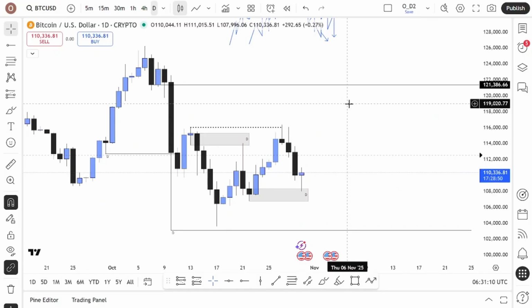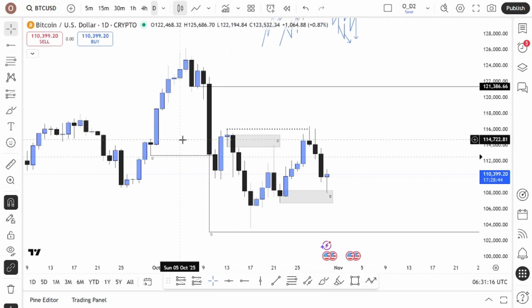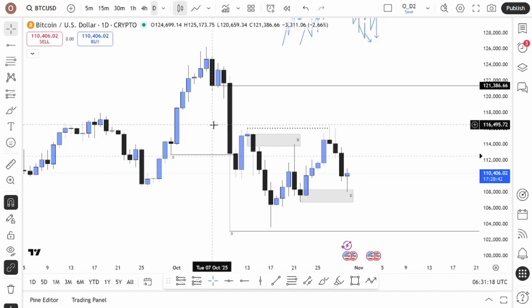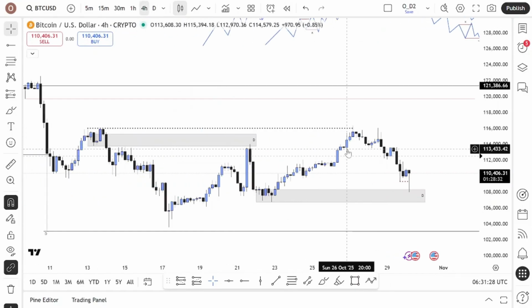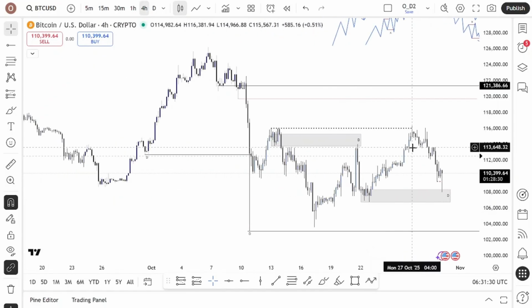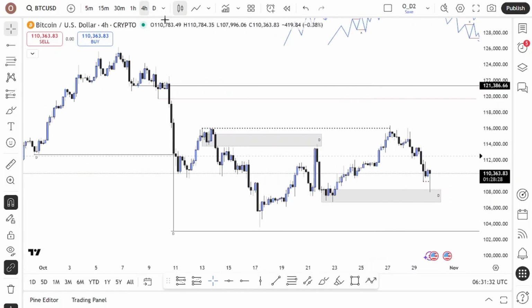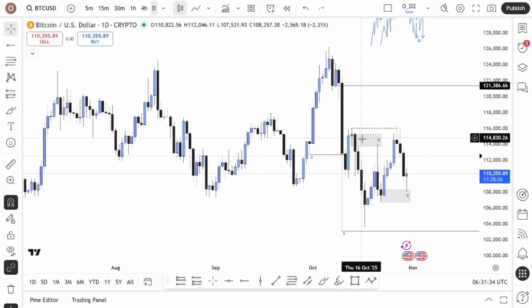internal and external structures. You should know what internal and external structure is by now, so it's not something that I'm supposed to be going back to. If you do not know, then you have to go back to the beginners, or supply and demand, or structural video and try to understand these things better. Here, I'm just going to be doing a little bit of complexities in terms of structure. So now you understand why